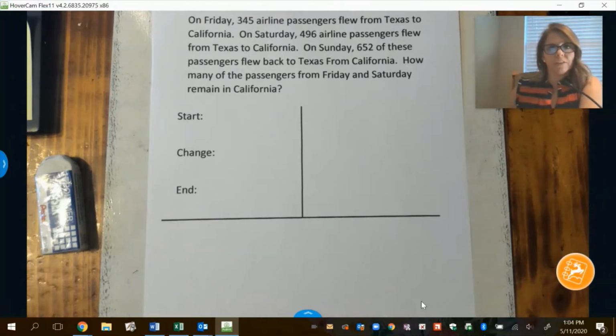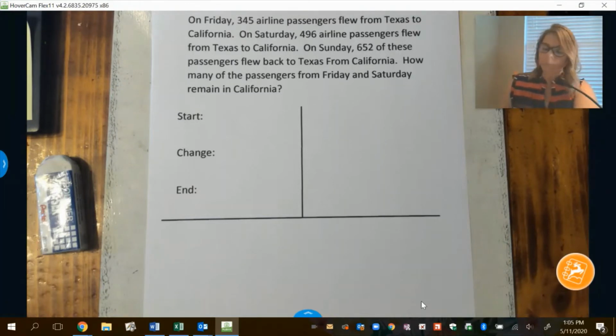Today we're going to be doing some problem solving. So let's take a look at this first problem. On Friday, 345 airline passengers flew from Texas to California. On Saturday, 496 airline passengers flew from Texas to California. On Sunday, 652 of these passengers flew back to Texas from California. How many of the passengers from Friday and Saturday remain in California, or the ones that stayed and didn't come